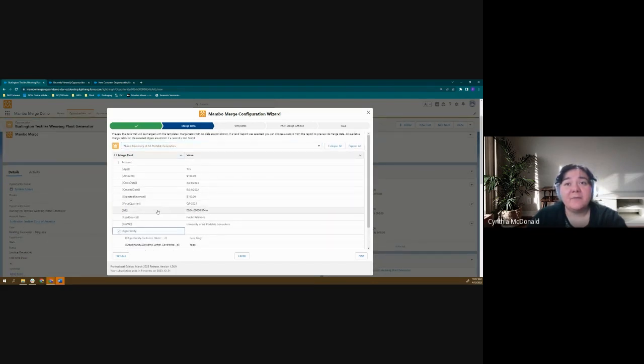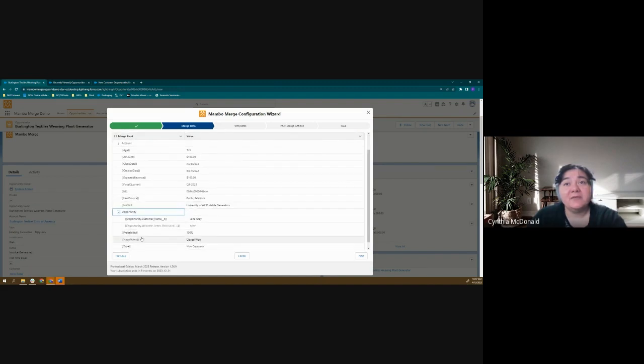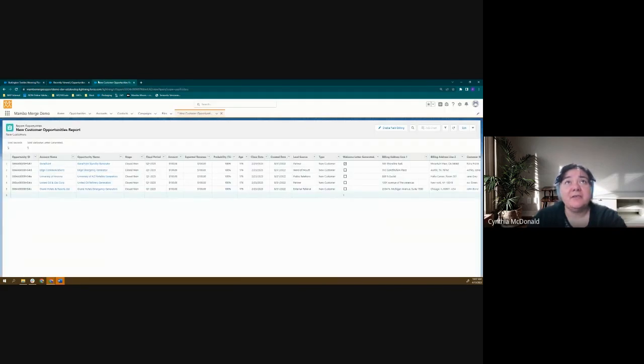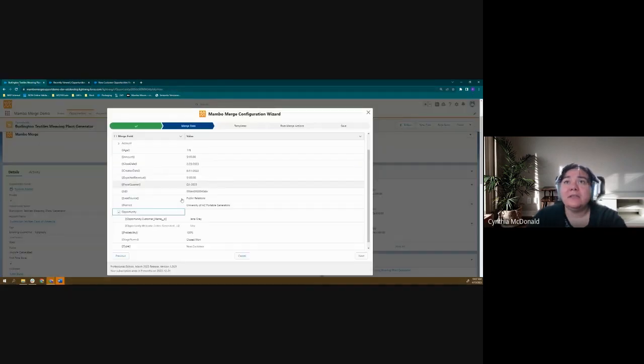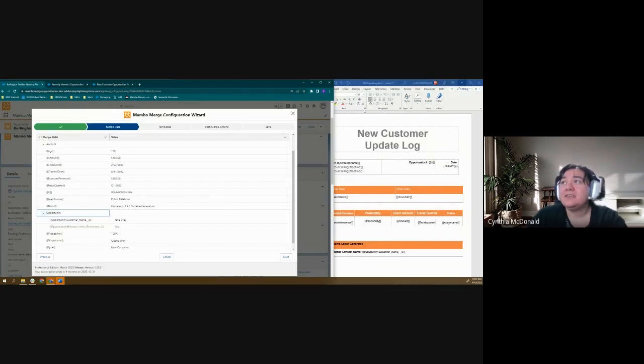Keep in mind, if a merge field is not included in the report itself, so if you can see, I have customer name here. If I didn't have that in the report itself, and if we kind of scroll, you can see customer name right there. So keep that in mind. The report is where we're grabbing these merge fields from, and then you can see them here in the merge data. So I'm going to go ahead and minimize my little browser here so we can actually look at some